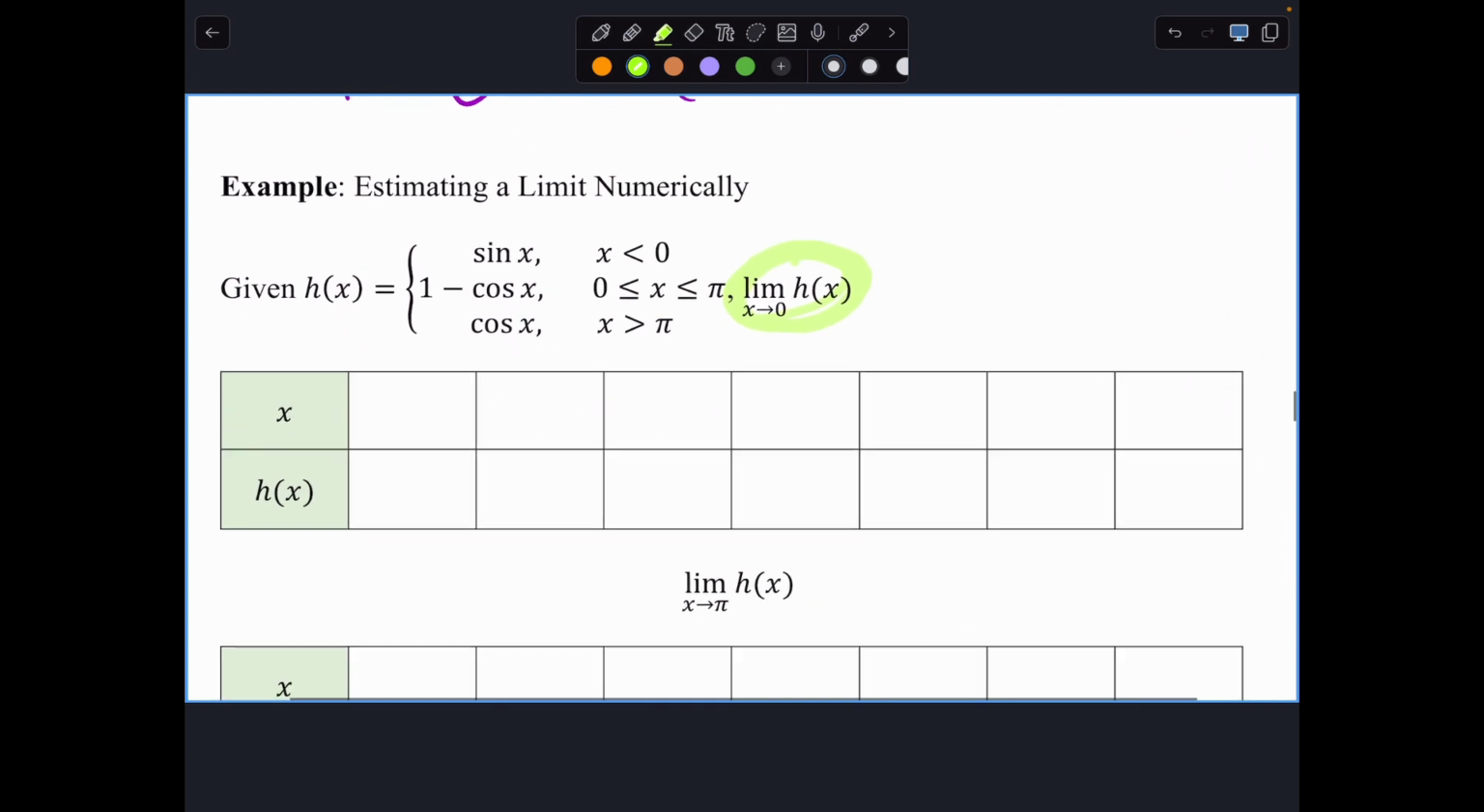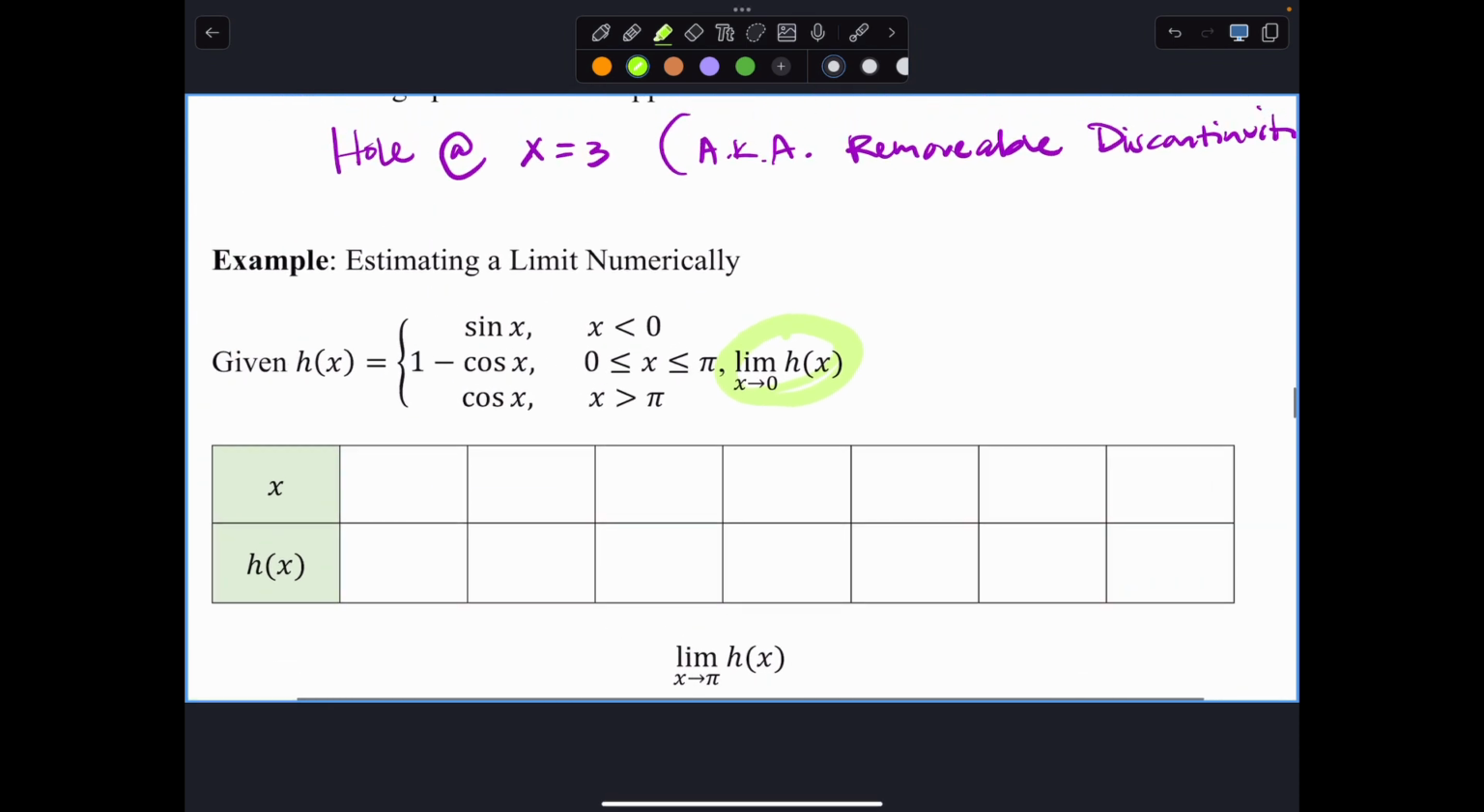Okay, and since this first limit is asking as x approaches 0, I'll do 0 in the center here, and then I'm going to do negative 0.1, negative 0.01, negative 0.001, 0.001, 0.01, 0.1. So then for filling in the values,